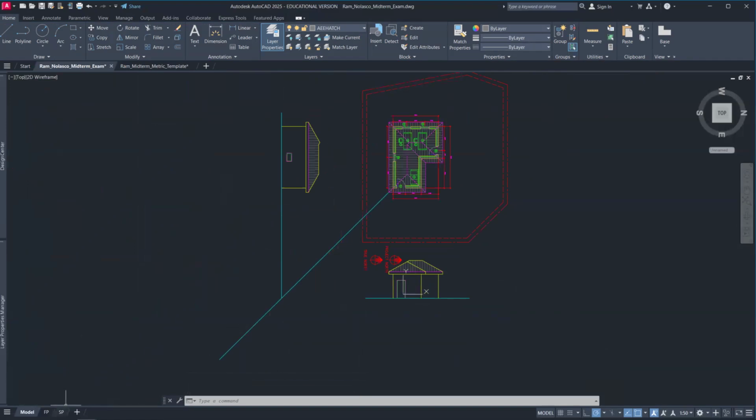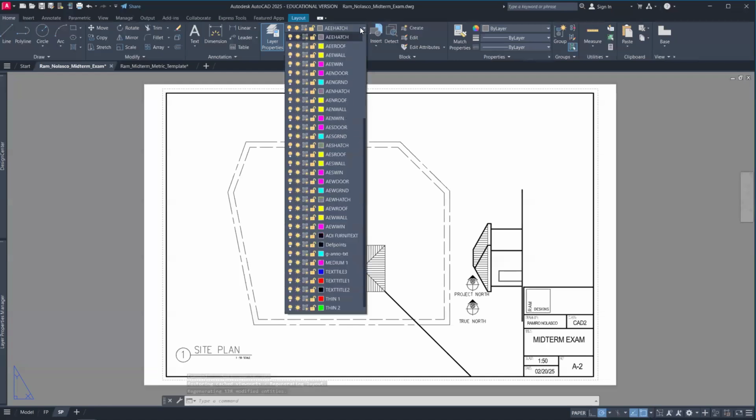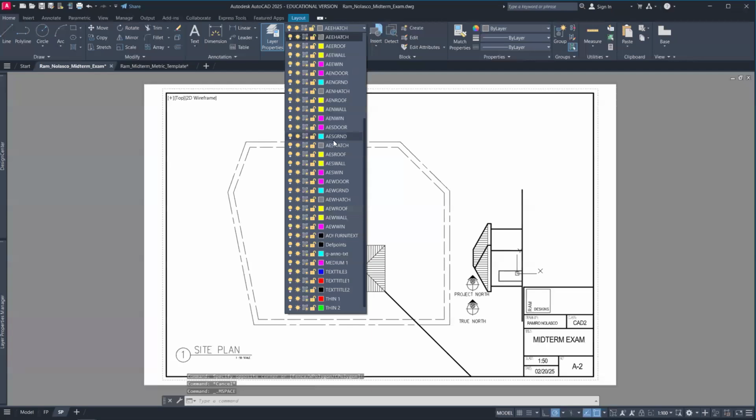So you have two elevations. And for the elevation, you don't want the elevation to show here. So you want to VP freeze your AE. That's where the filter will help. Okay, so AEE. So all this AEE should be turned off. So AE door, AE ground, AE hatch, okay, should not be turned on here. I have to be, sorry, I have to be in model space so I can turn them off or VP freeze. Okay, so AEE,